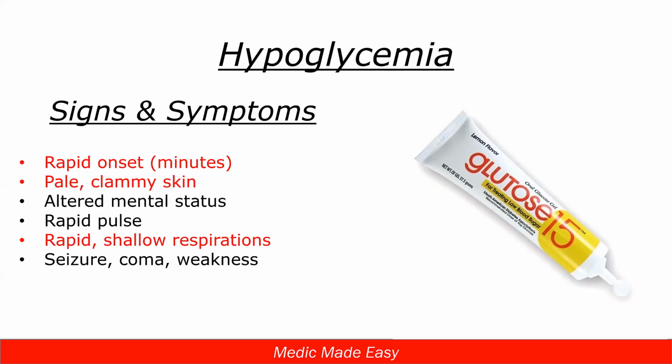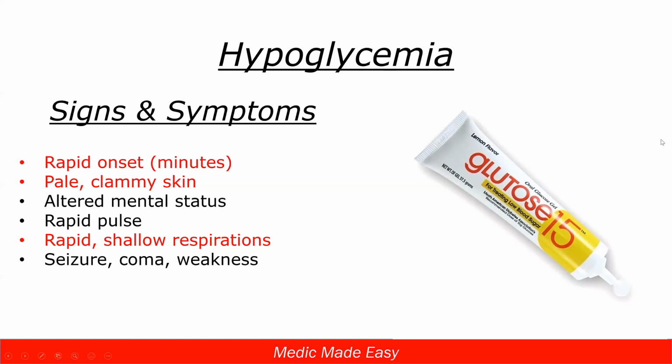Now, altered mental status. Remember, it's a progression. They're not a blood sugar of 78 and they're altered. It's a progression as they go more and more hypoglycemic. As that body starts to sense that there's a little bit of an emergency happening, heart rate will usually increase, respiratory rate will usually increase, so more likely to see rapid and shallow respirations. As it progresses, they could have a seizure, they could have weakness that could look like a stroke, it could be fully unresponsive and comatose. So those are ones that you see, but these red highlighted ones are a little bit more of the ones that will clue us into it being a hypoglycemia issue.